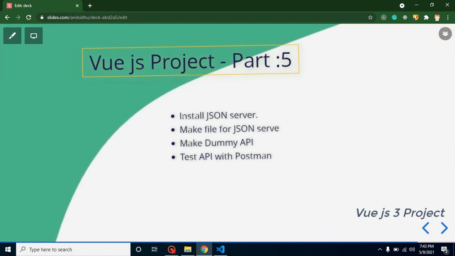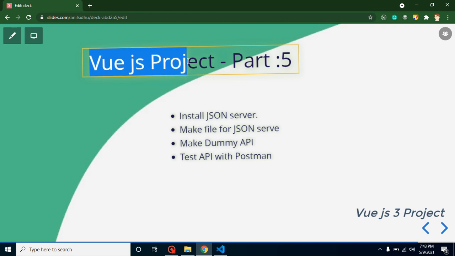So let's talk about the first point. What is JSON server? JSON server is used for making APIs without an actual programming language. So why are we not making APIs in an actual programming language like PHP, Python, Java, etc.? Because here we are learning Vue.js, which is a front-end technology.